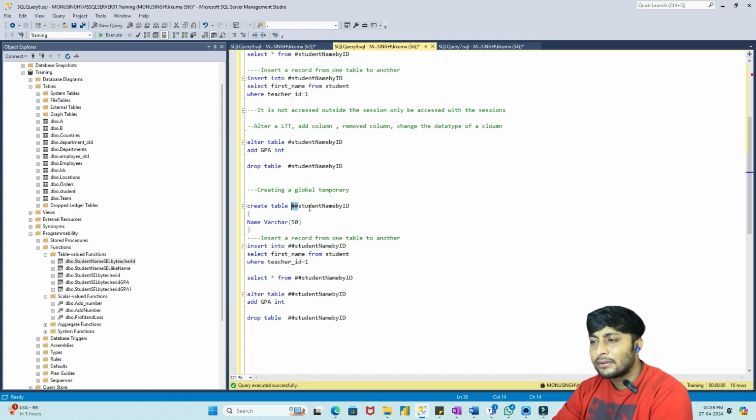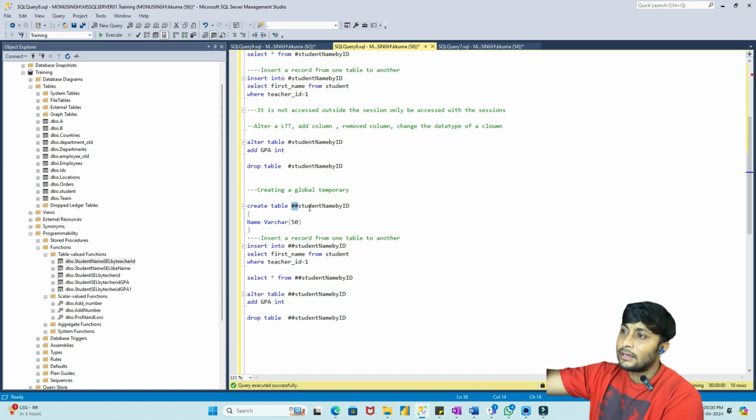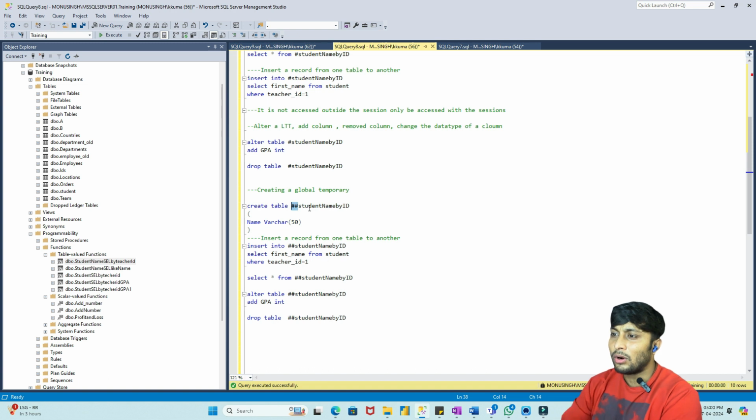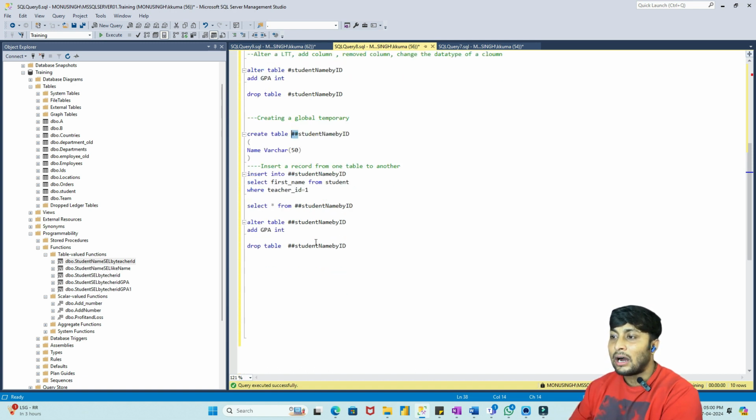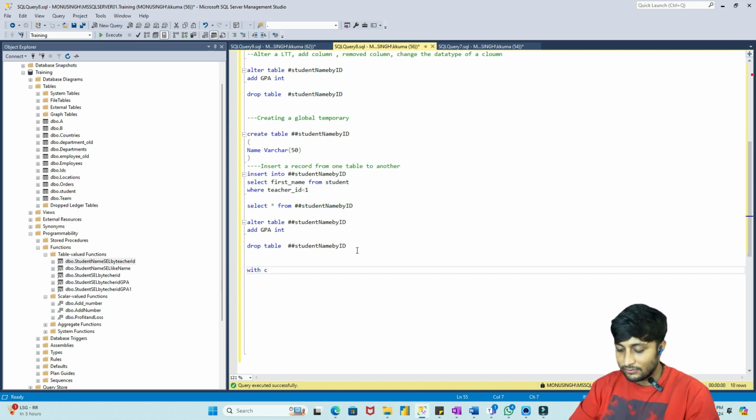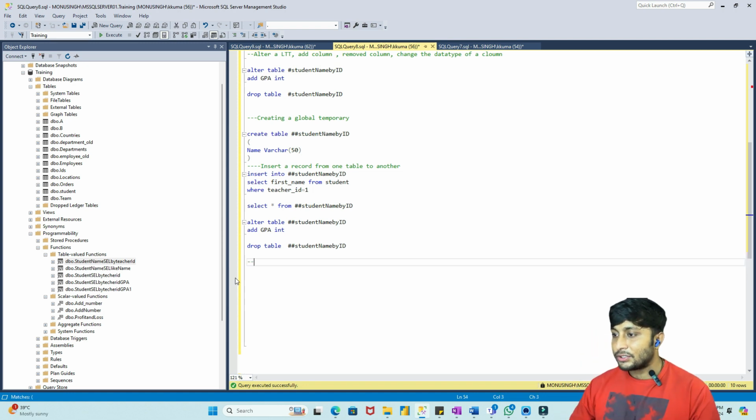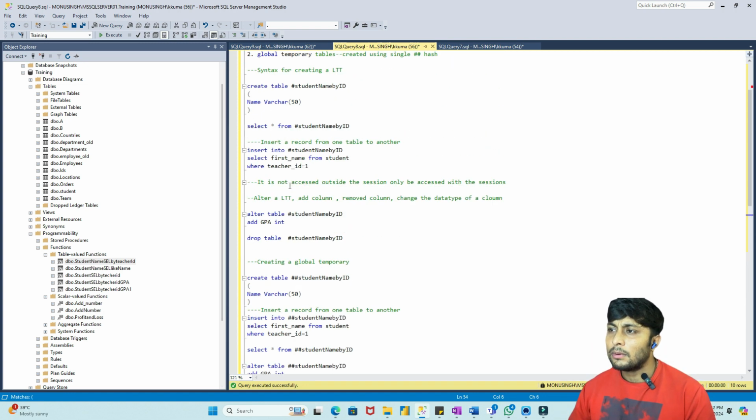CTE tables, whenever we are creating some CTE table, guys, we will talk about CTE tables as well. CTE stands for common table expression. A CTE will run at runtime. The moment the query is executed, it will get destroyed. You will not access it outside the query itself. Let's suppose I'm showing examples with CTE, we will see this particular table. So this is all about local and